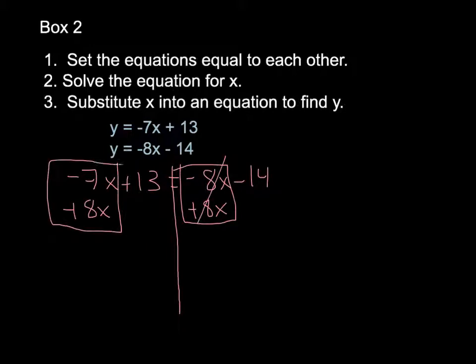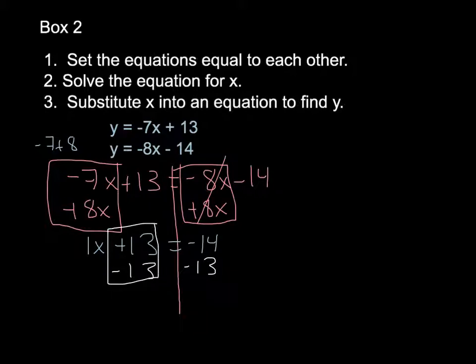And over here I'm going to do negative 7 plus 8. Those are different signs, so I subtract. I get 1x. So I get 1x plus 13 equals negative 14. Now, it's a 2-step equation, so I'm going to subtract 13 from both sides. And the 13's cancel. So I get 1x